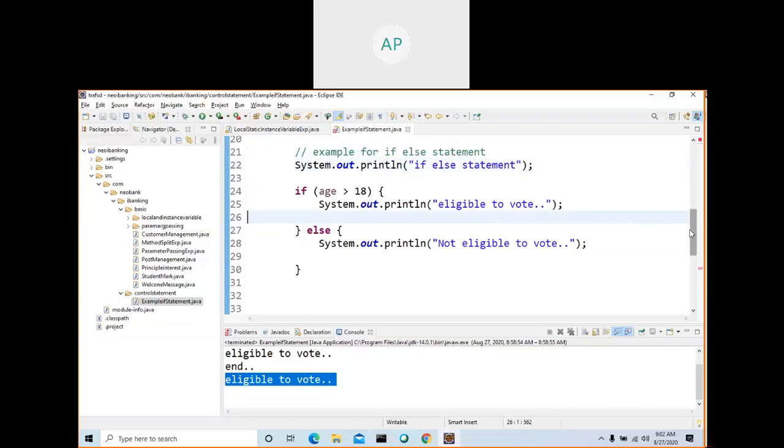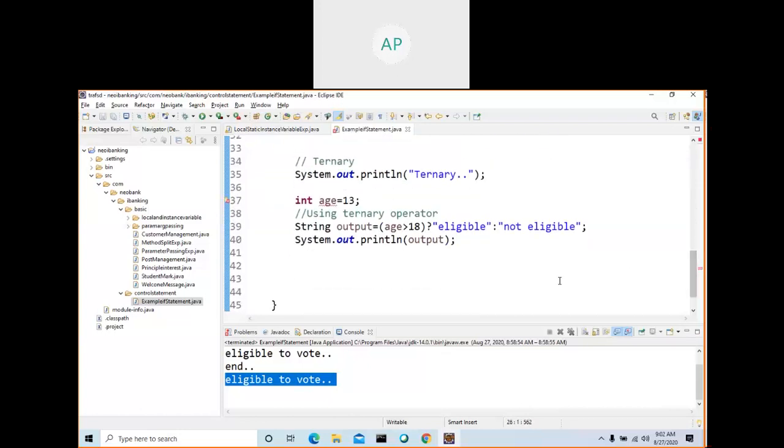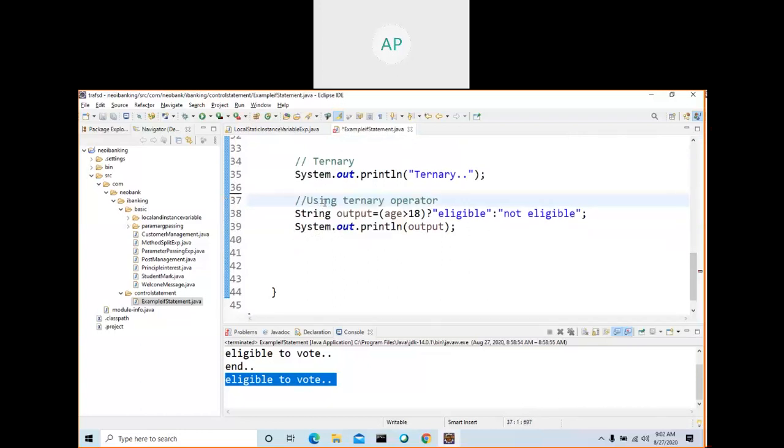Okay. So if I run, what will happen? Where there is an age, already age is above. So what will happen? So this question mark, and this one colon. This is the part. If it is success, this part will display. If it is failure, this part will display.